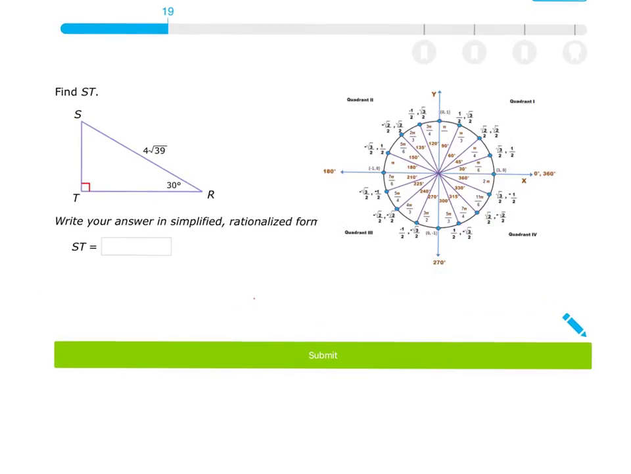So they're giving you this right triangle and you want to find the unknown side. So in this case, they're asking you to find ST. So ST is from here to here. You're given theta of 30 degrees. So the side that you need to find is the opposite side. So my need here is opposite. So need is opposite. My know